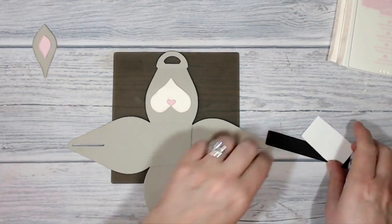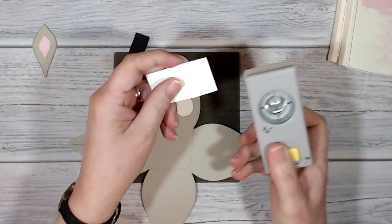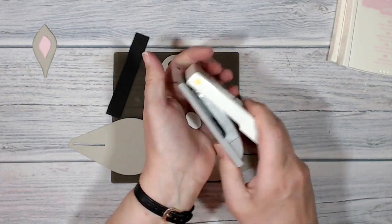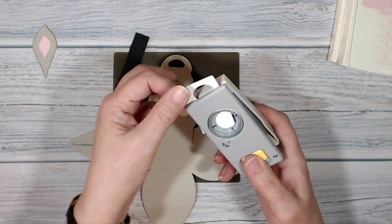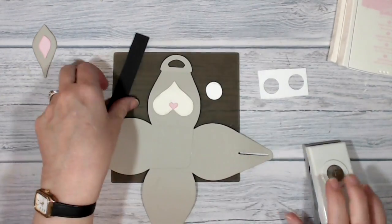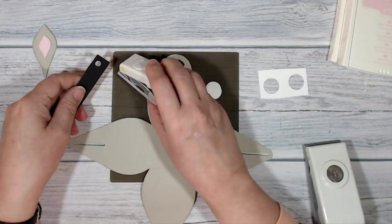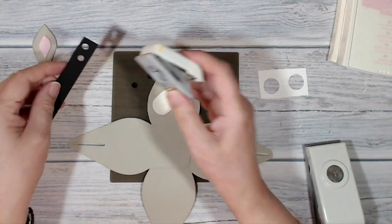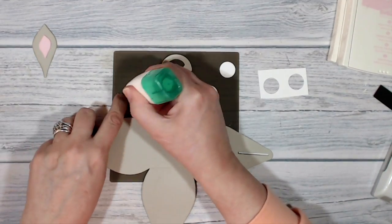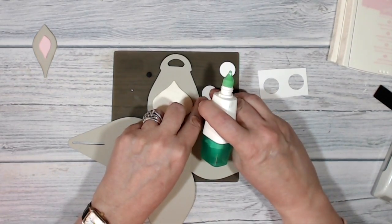The bunny needs eyes, so I have a scrap of Whisper White and a scrap of basic black and a 3/4 inch circle punch. I don't know why I turned it over to look at it, because I've written it on the back. And the bunny has 2 eyes, so I'm going to punch out 2 of the Whisper White circles. And I have a 1/4 inch circle punch, and I'm going to punch out 2 black circles. I'm going to layer these up, so spot of liquid glue on the back of the black circle, and I'm going to put them